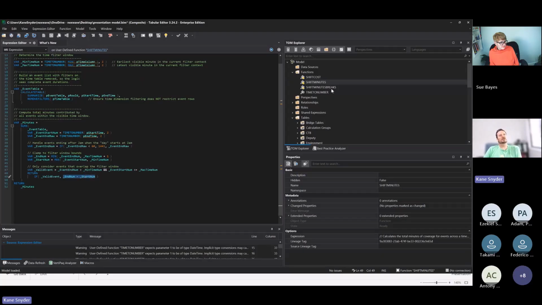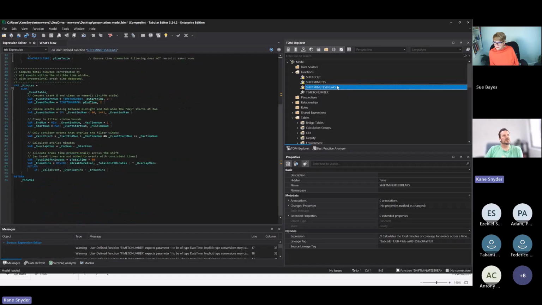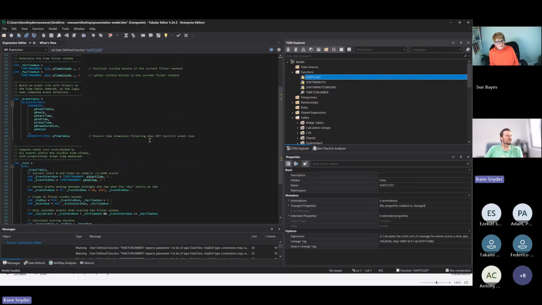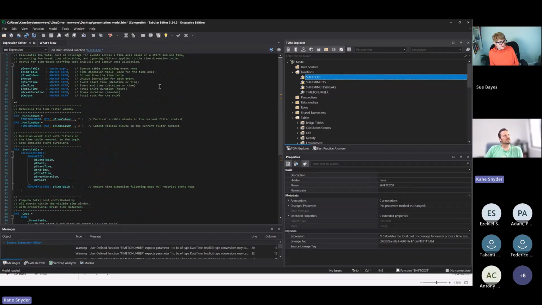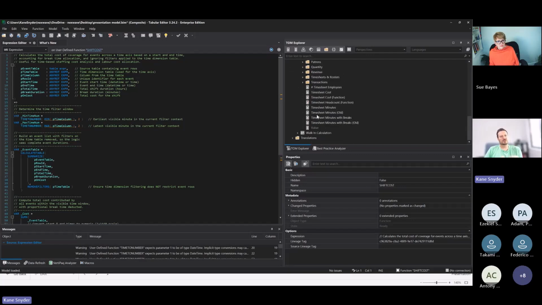And then I've got one that expands it out a bit too and does the break allocation, which is kind of more of a niche case, I guess. And then one with the cost too. So I replaced in the project all of the calculations which I showed you with ones using the functions, because it wasn't just timesheets, it was rosters and many different things. So the code becomes much simplified.